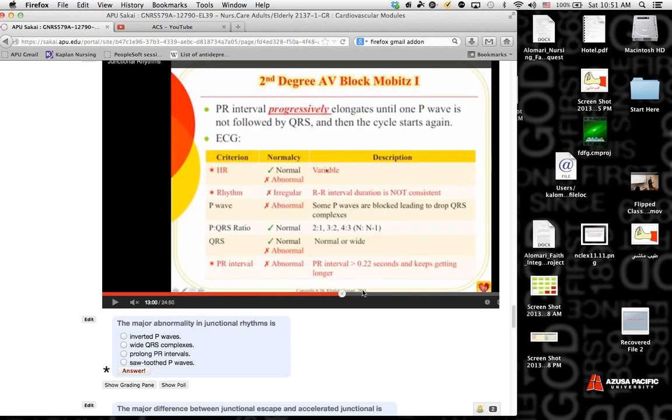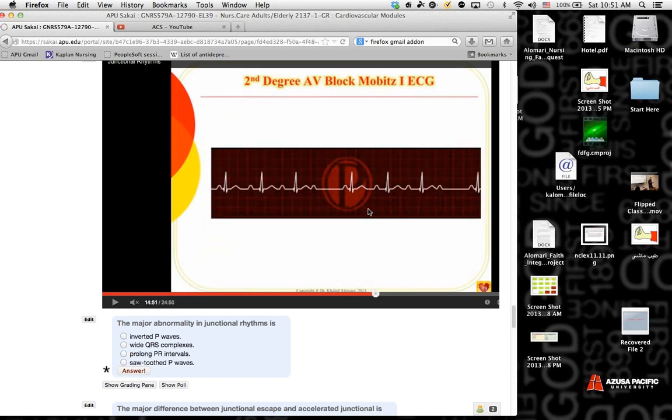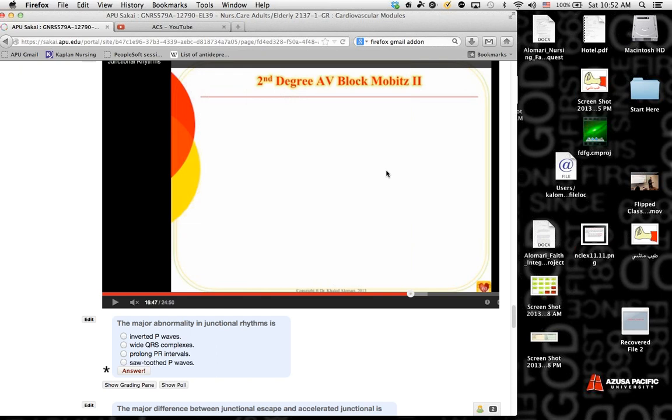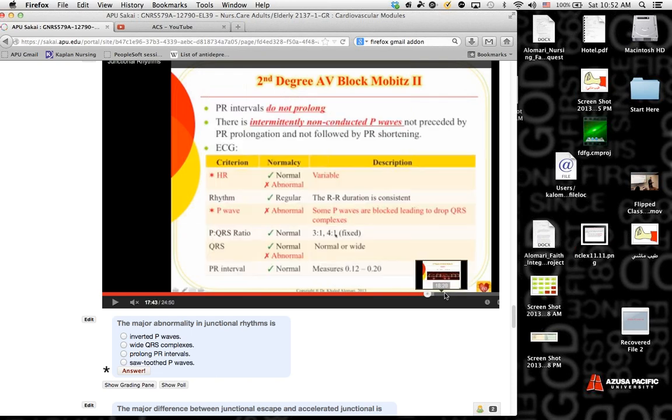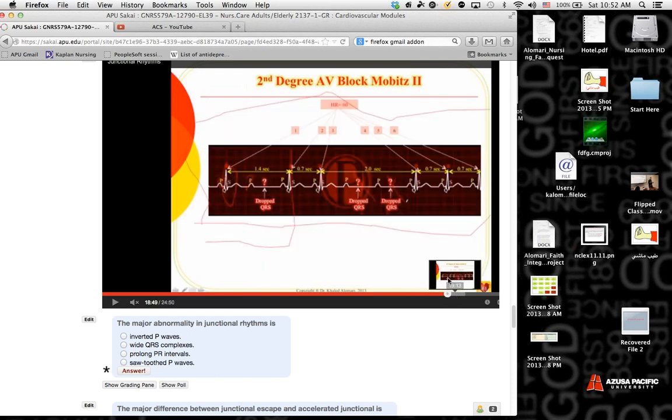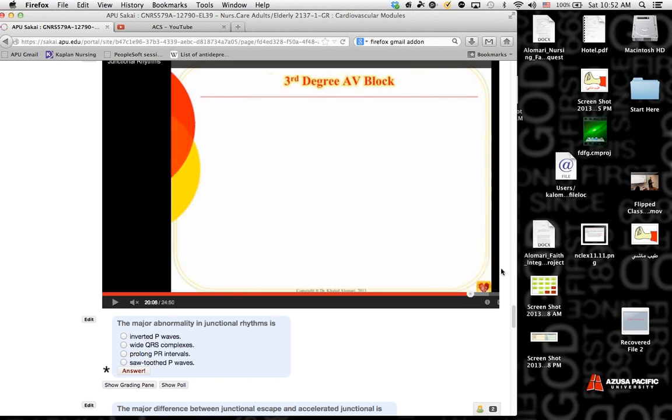Then you just need to know that in second degree type 1, there's basically one P that is blocked and does not cause a QRS, while in second degree type 2, there are multiple that are blocked. And in the third degree, all of the P's are blocked, so none of them creates a ventricular response, and all the QRSs that you see are actually coming from the ventricles. There's no association between the third degree P waves and QRSs. So again,